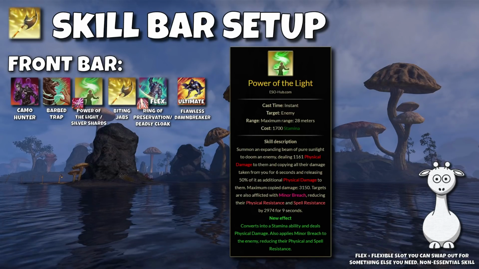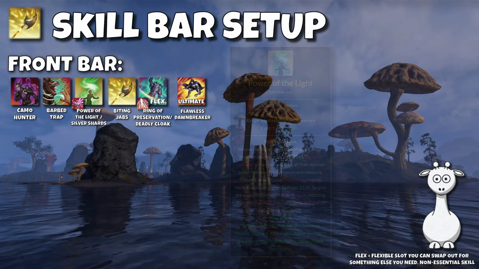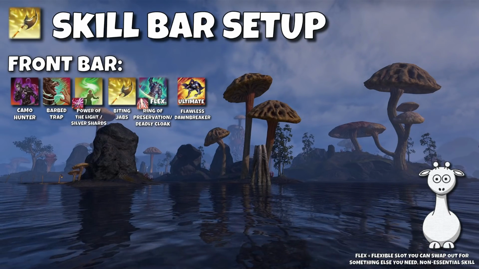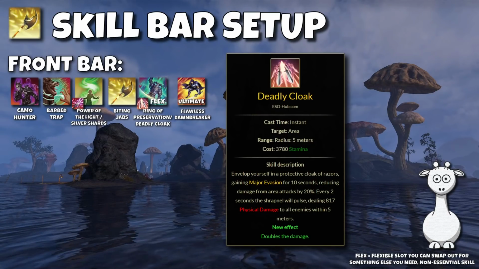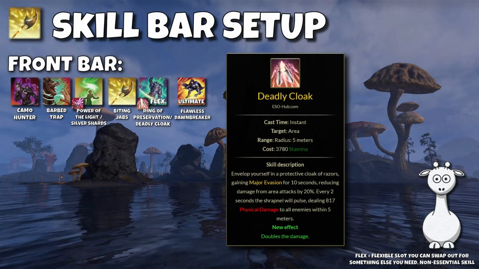It is pretty cheap to cast though, so you might find sustain a little tougher if you do end up dropping it. And then if you want some more mitigation through Major Evasion or are using the arena set that requires it, Deadly Cloak can be slotted on the front bar as well. It is a little expensive to keep up, but it does good damage,